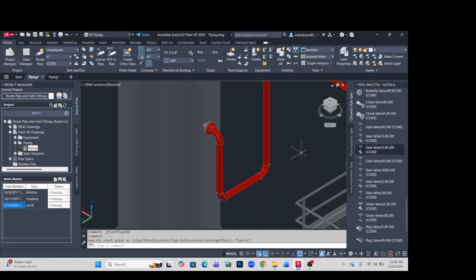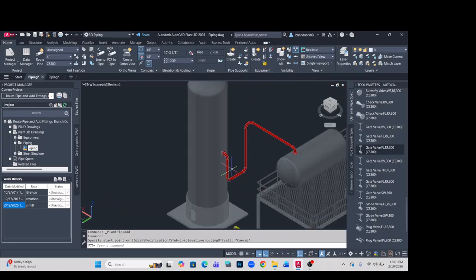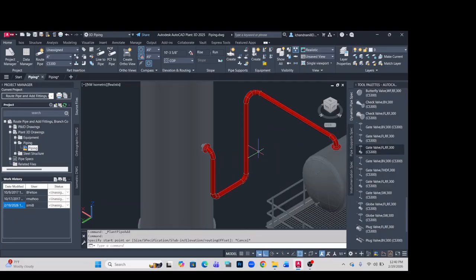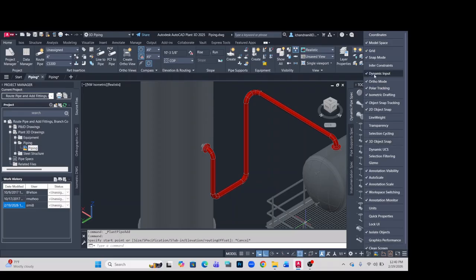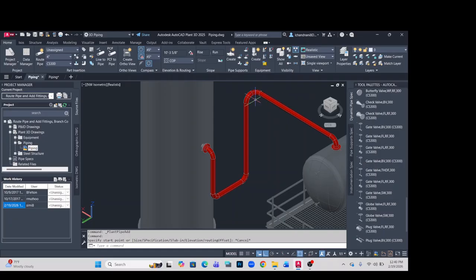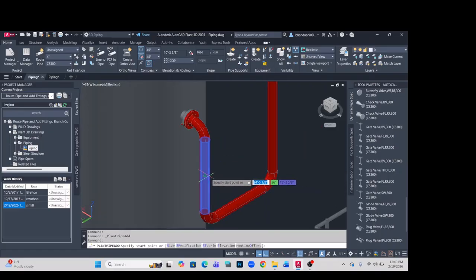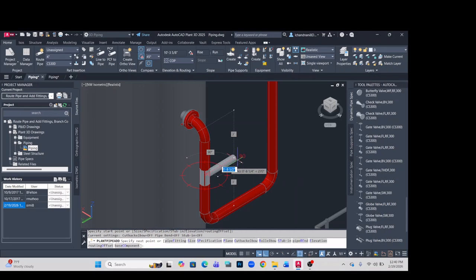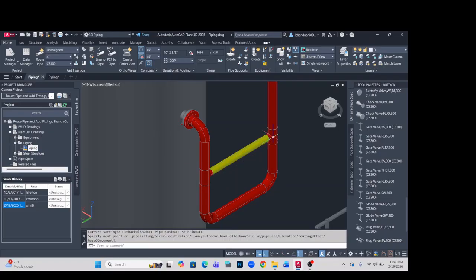Now I'm going to add a short distance of pipe between these two vertical segments of the pipe. I want to make sure again here that the dynamic input is checked. Let's start the pipe. So this 4-inch pipe, I'm going to create pipe here. I'm going to pick the midpoint of this vertical segment and I'm going to connect it to the other vertical pipe. I'm going to pick the point that's perpendicular to it, so you want to make sure it's here.